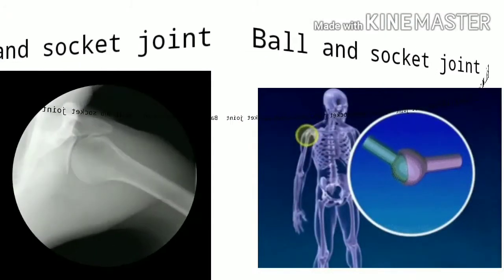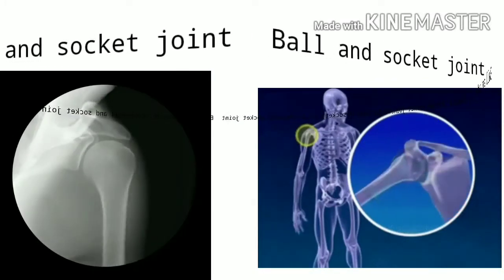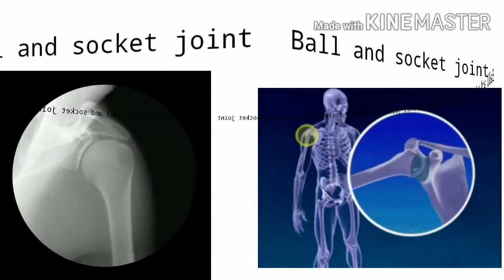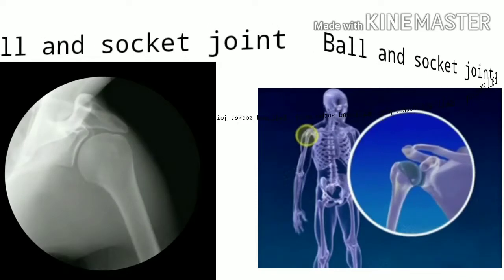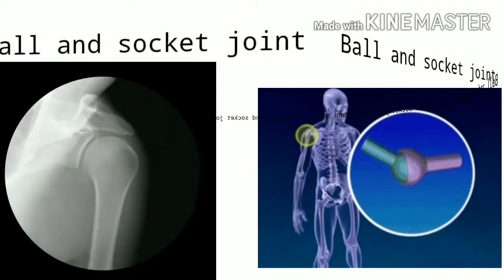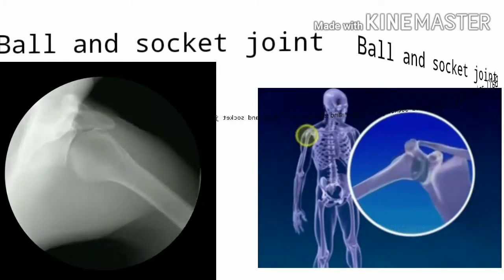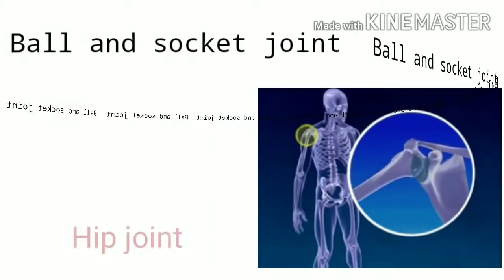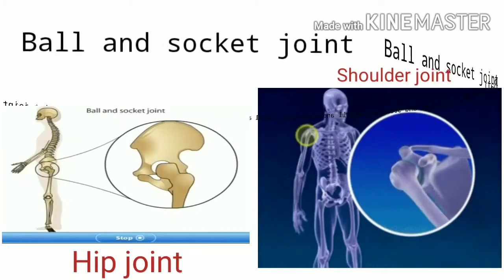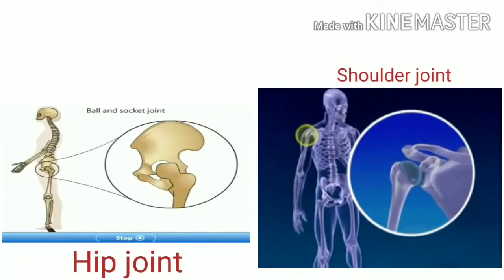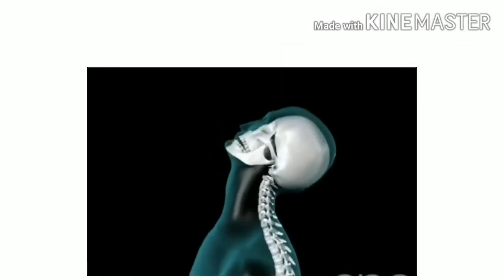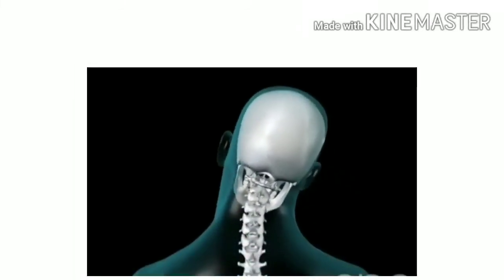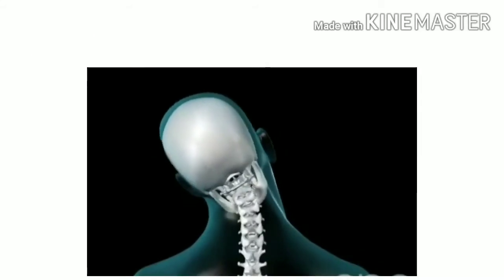So let's do a recap, children. The first movable joint we studied was ball and socket joint. This joint provides movement in any direction and one bone was in the form of a ball which fits into the another bone like a cavity. Examples of ball and socket joint are shoulder joint, hip joints. Next joint was pivot joint. It allows movement of one bone around the second bone freely. This joint was present between the head and the neck.